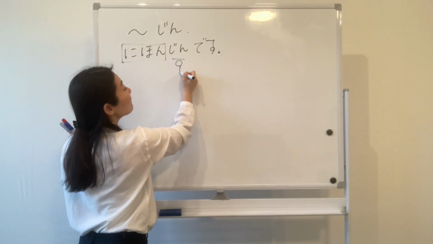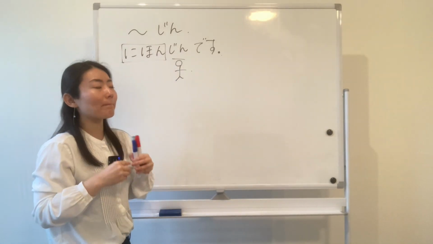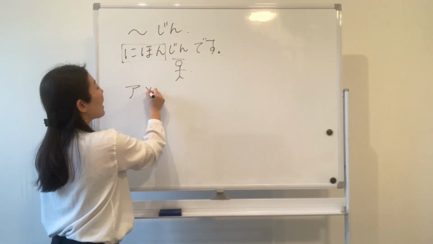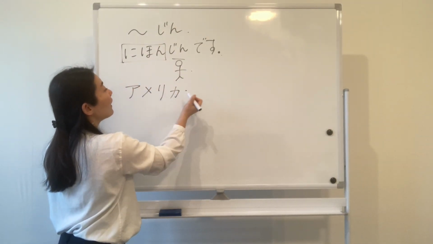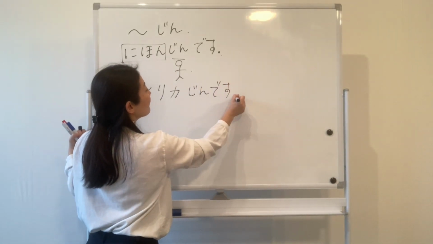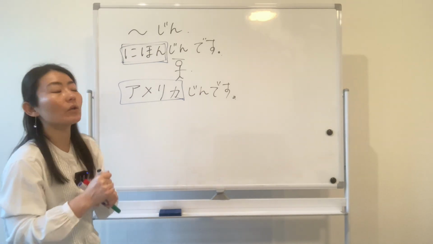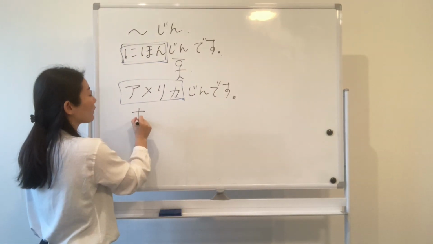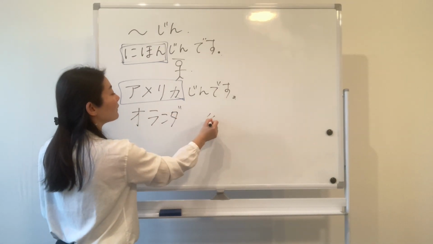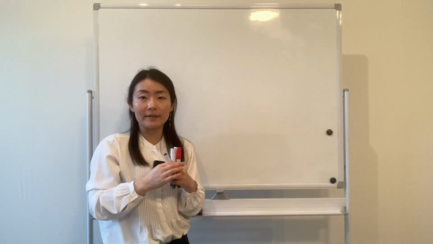So quick note, in the dialogue we have 何々人、日本人です。So said I'm Japanese, but we can put a country name and this jin means people. So if you are American, you can say アメリカ人です。And if you are Dutch, you can say オランダ人です。